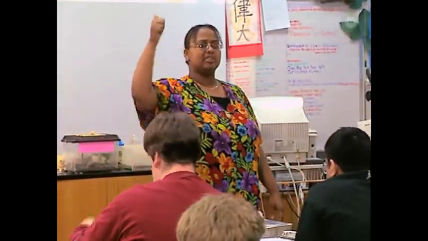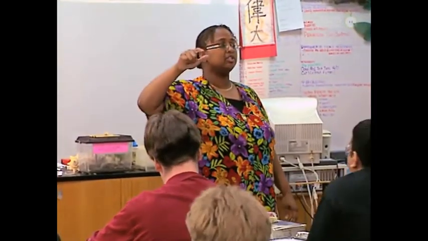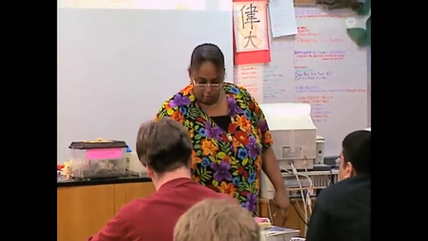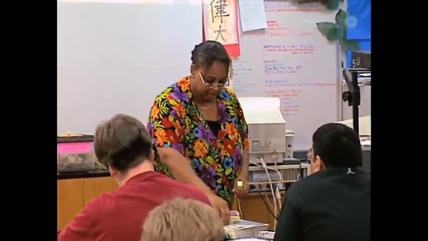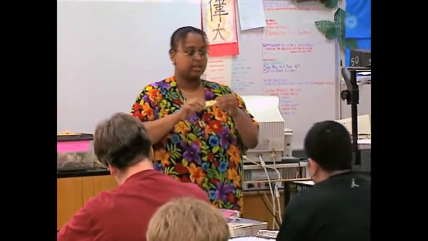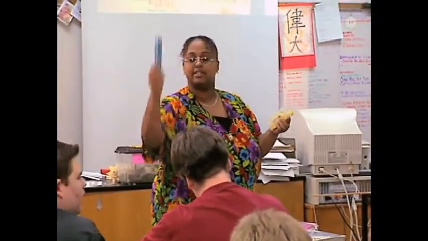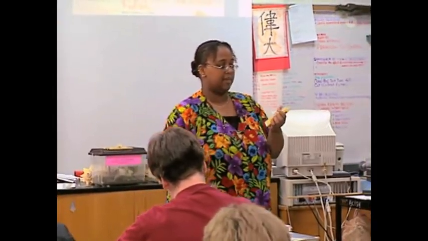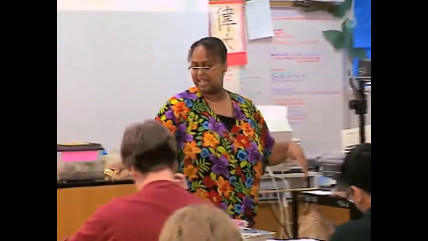Now, what was the name of the layer inside? The endo, and the middle was? Meso. What do we call the outside layer? The ectoderm. Would you help me with this, please? So we're going to make the ectoderm yellow, and here's some more mesoderm if you guys need some more mesoderm. And make sure each table has some ectoderm. Everybody has some ectoderm?